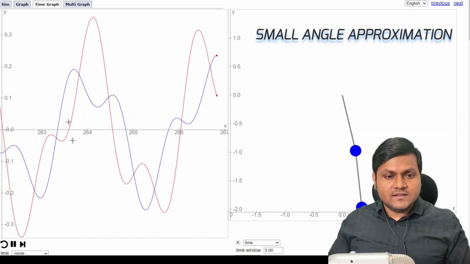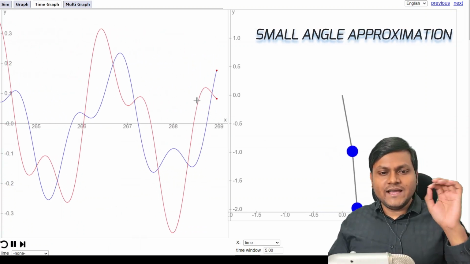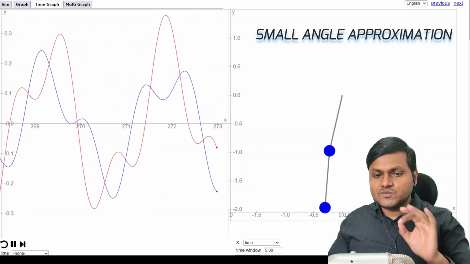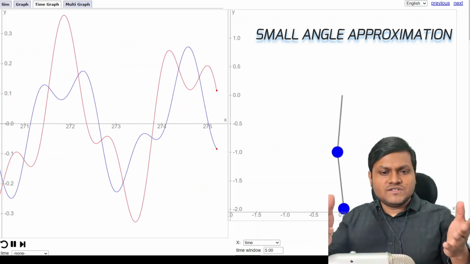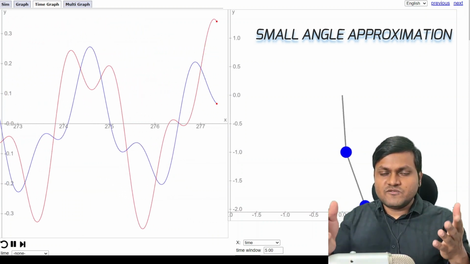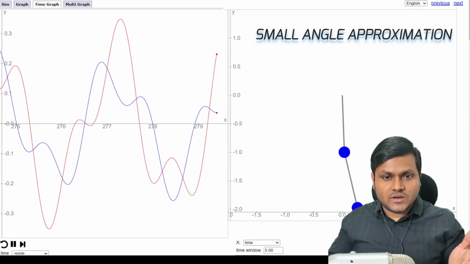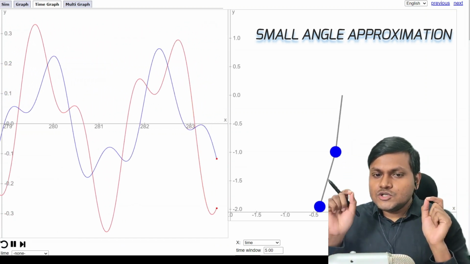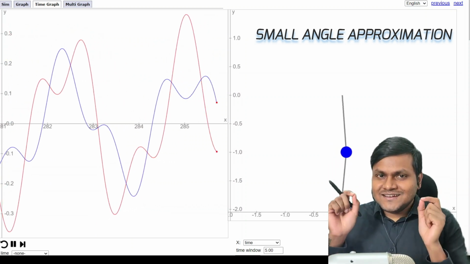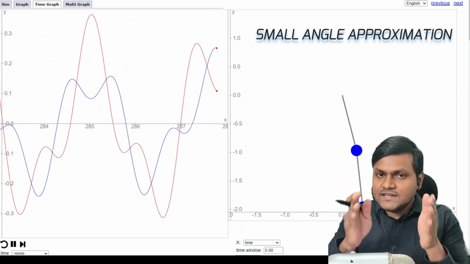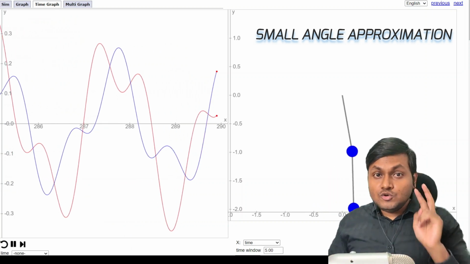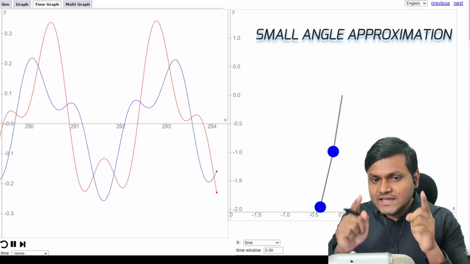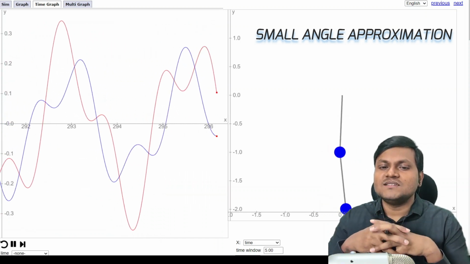Here on the left hand side, the blue plot simply represents the angular displacements of the first mass, and the red plot represents the angular displacements of the second mass. Now, of course, you can see that the angular displacements of mass m1 and m2 are not SHM. But as it turns out, there are two sinusoidal frequencies hidden in the general solution. There are two simple harmonic oscillations of different frequencies hidden in the general solution of both mass m1 and m2